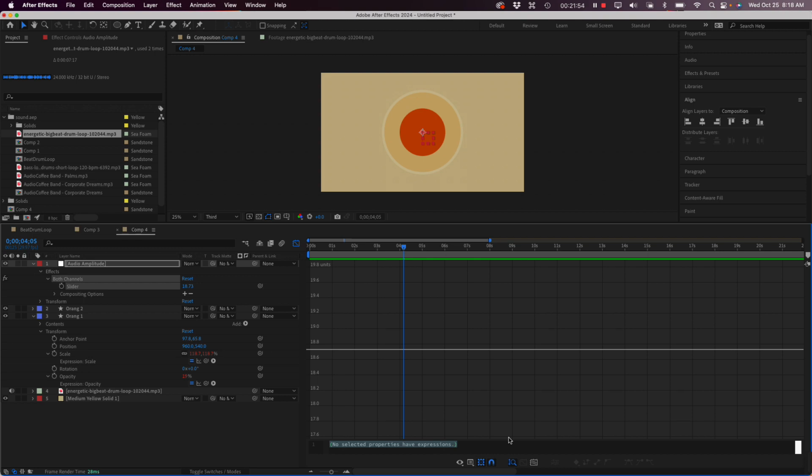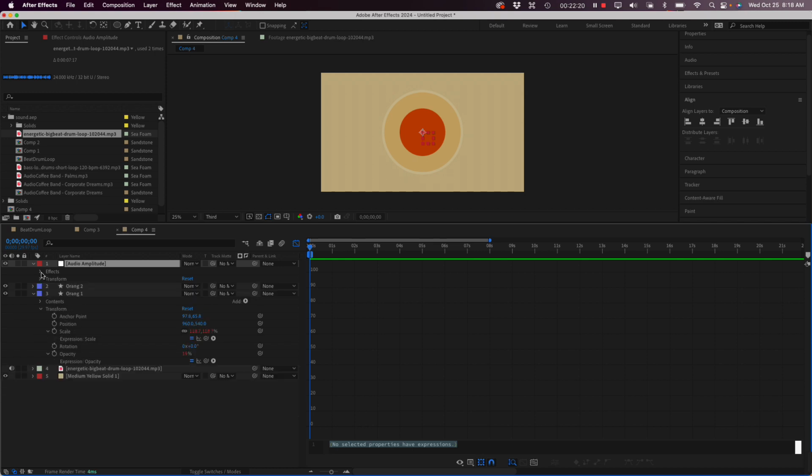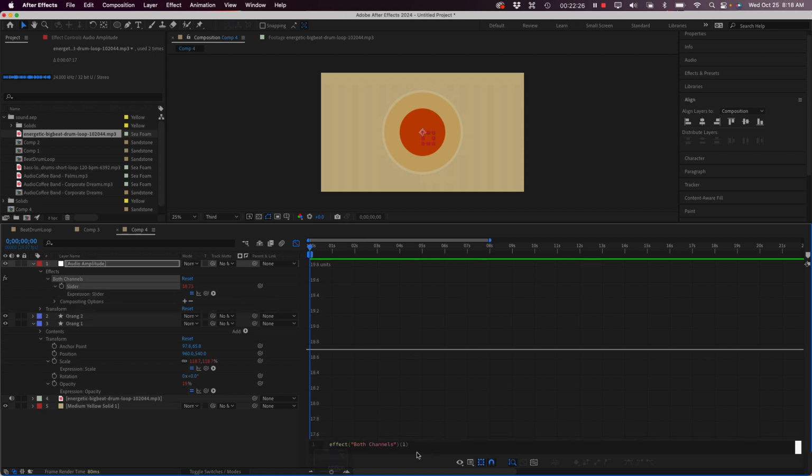I can adjust that by typing linear. Linear, and it takes 5 values. So basically what we're going to tell it is that we want the values